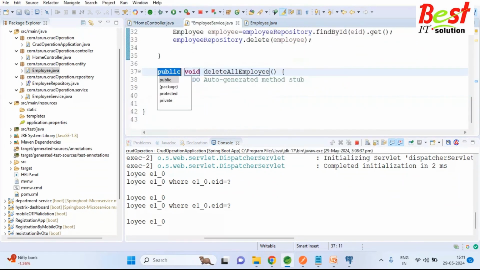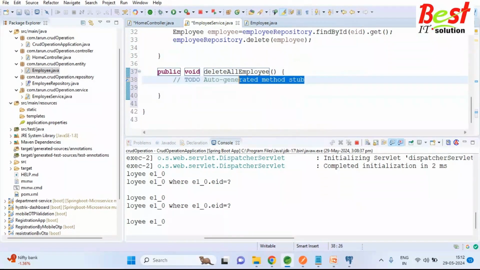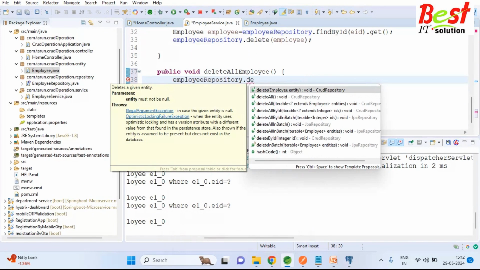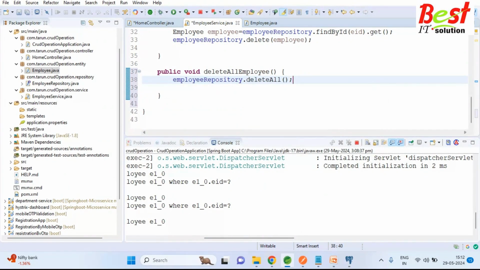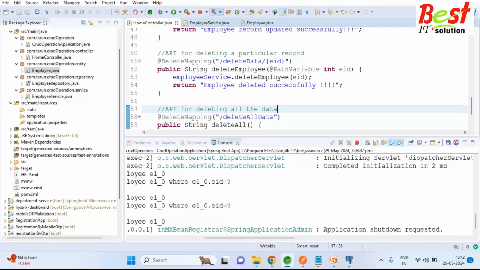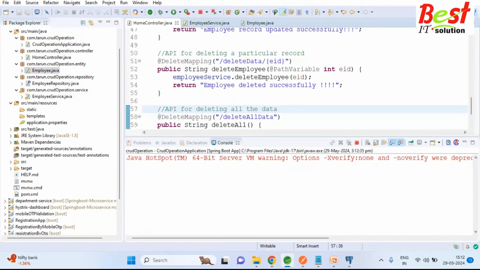Just create this method in our service class. Okay, employeeRepository.deleteAll. Okay, so it will delete all these records. This is the API for deleting all the data. Just relaunch this application,